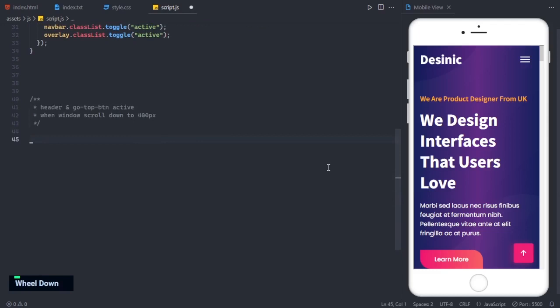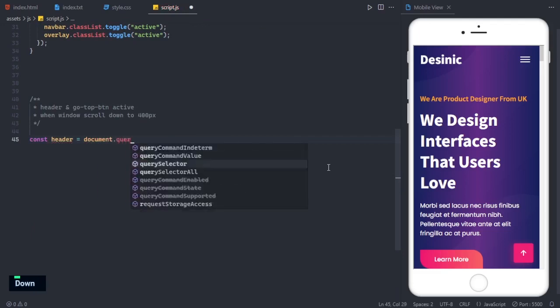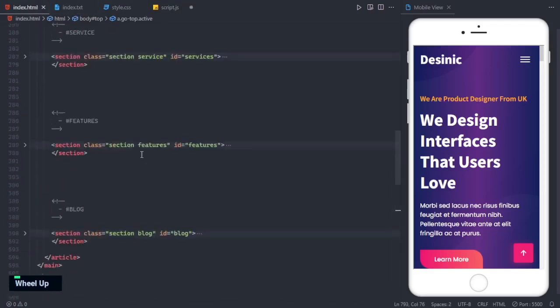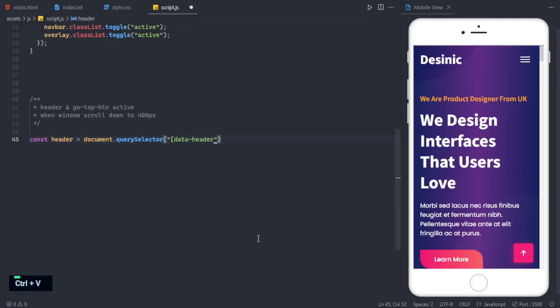Alright, let's declare variable const header, document dot query selector, and let's set the data in header, data header, paste it here,